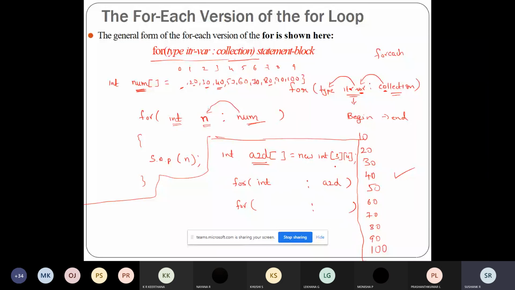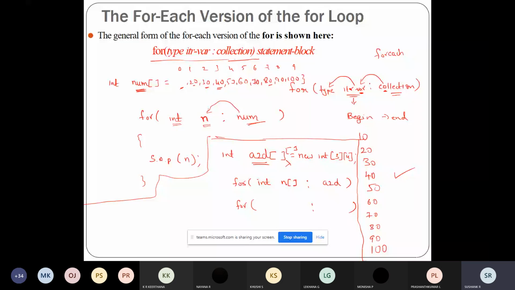Since it is a two dimension array, here instead of traversing through a variable, I will traverse through an array. See, in one dimension, only one variable was sufficient. Here I have two dimensions. So since I have two dimensions, I have to store the array values.